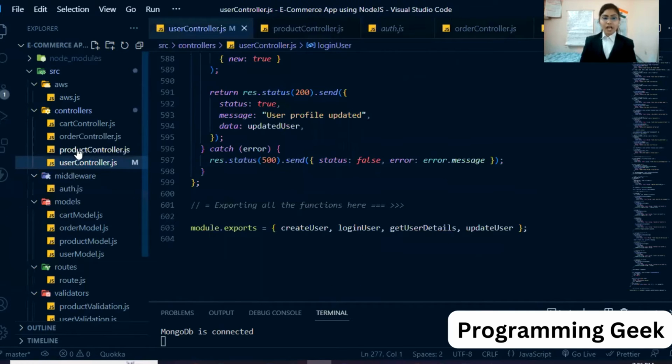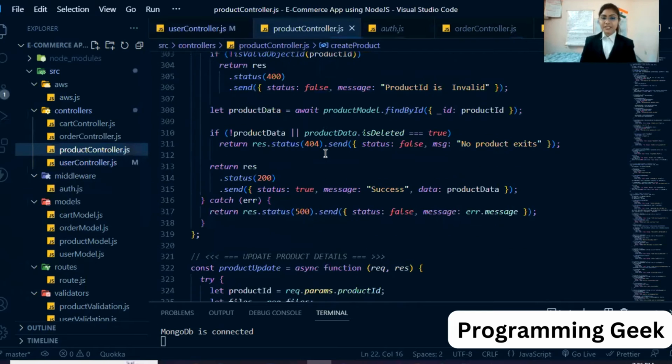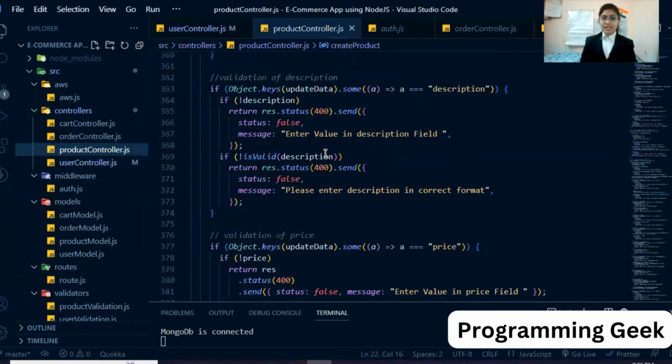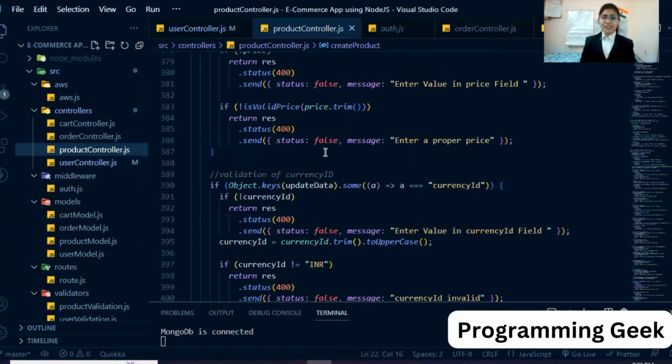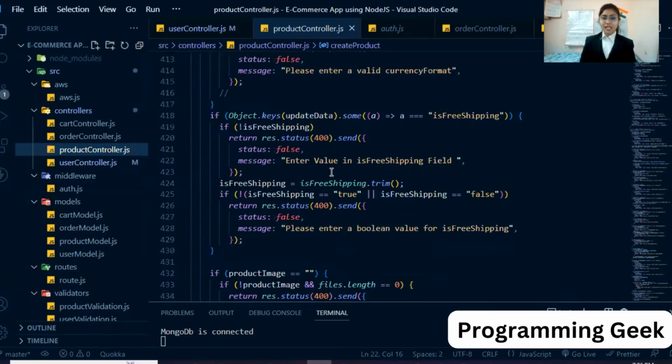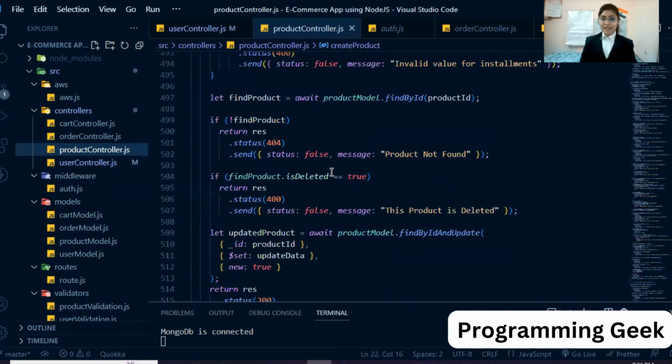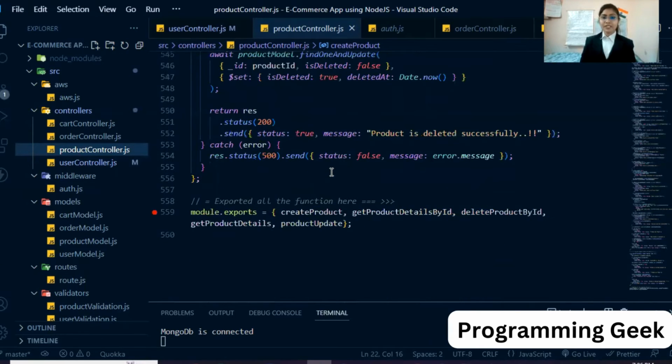Next is the update and delete API. We can update any field present in the product, and we can delete the product by ID here. Then I export all the functions.